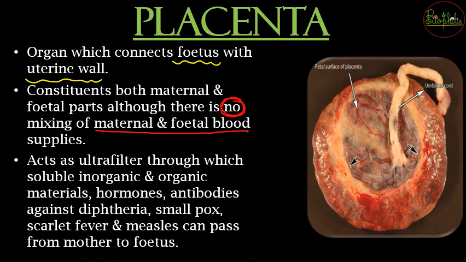So ऐसे नहीं होगा कभी कि mother का blood is circulating in the fetal blood and coming back into the mother's body. It is not ever going to happen. वो placenta is going to act like a barrier, and beyond that barrier both of the bloods are not going to go here and there. And what is the reason? Can you imagine what could be the reason that you are not going to allow the bloods to get mixed?